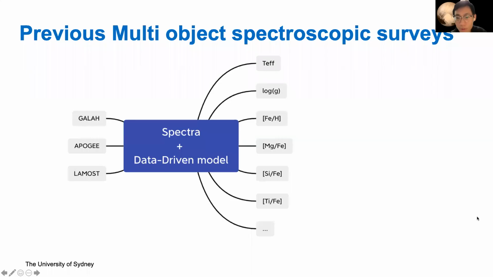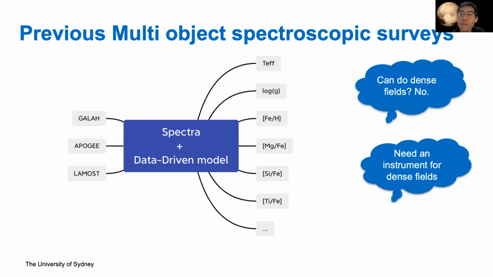So, as we all know, galactic archaeology is at present being propelled by a number of completed or ongoing large-scale spectroscopic surveys like GALAH, APOGEE, and LAMOST. These multi-object spectroscopic surveys combined with data-driven models make it possible for us to obtain precise and accurate stellar labels for millions of stars. However, one issue on all these surveys is that traditional multi-object fiber spectrographs cannot do dense